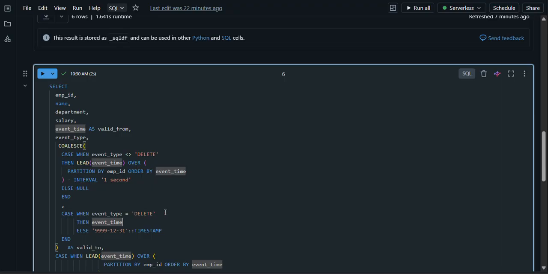Okay, so if event type is equal to delete, then event time. Okay, and else we are saying just mark it as the maximum date. Okay, the maximum date will be 31st of December 9999. This is something that we have to hard code,